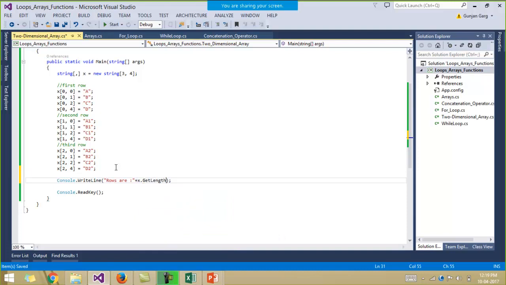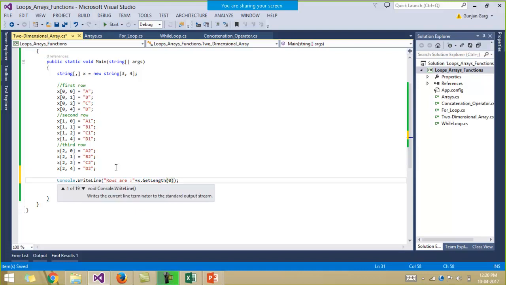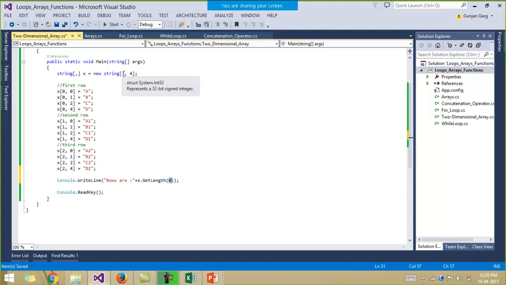Get the length of which thing? You have to get the length of the rows, right? I've told you the first parameter specifies the number of rows. So I say I want to get the length of the 0th index. At the 0th index you are specifying the rows. So the first dimension size is for the rows. And now if I run it,